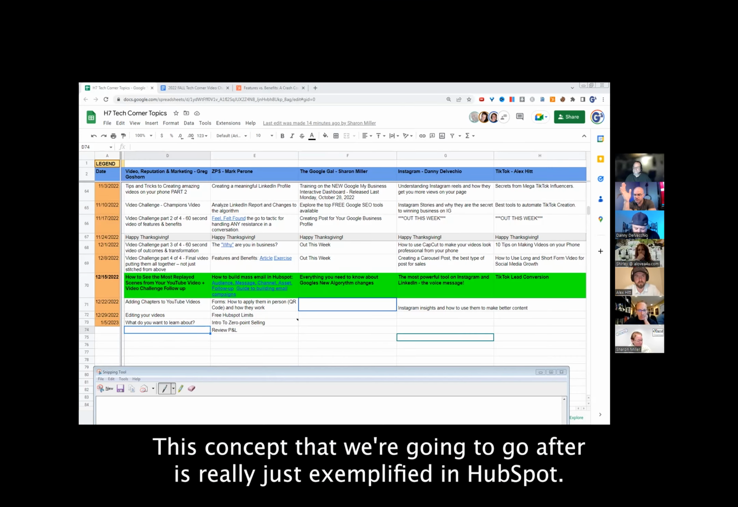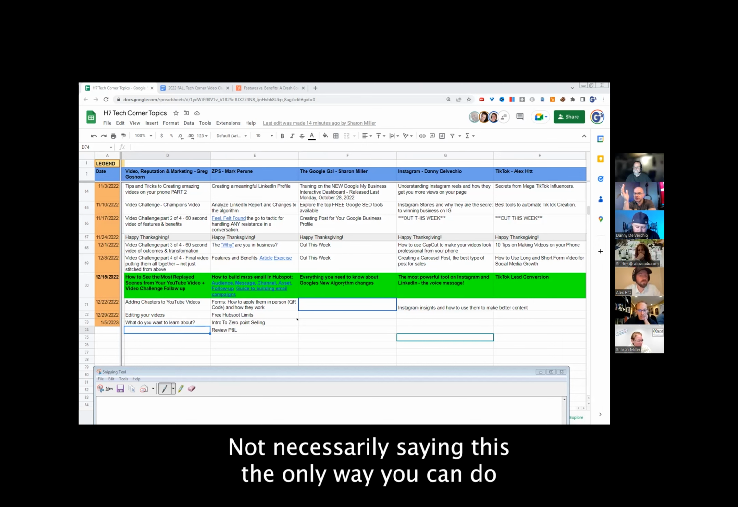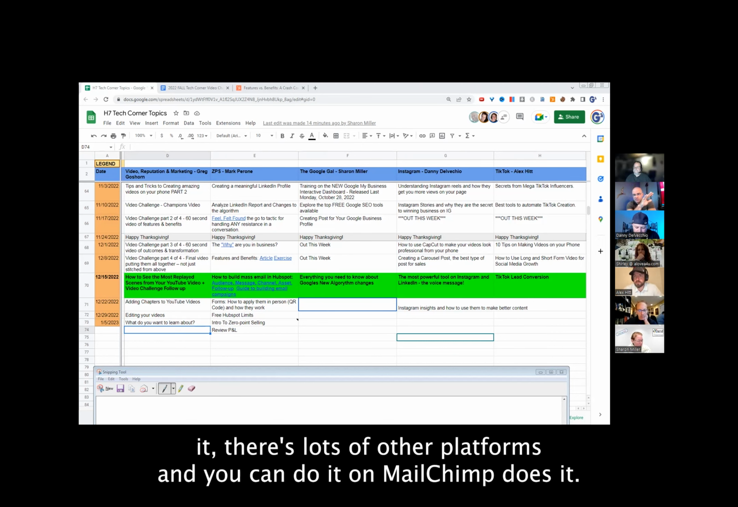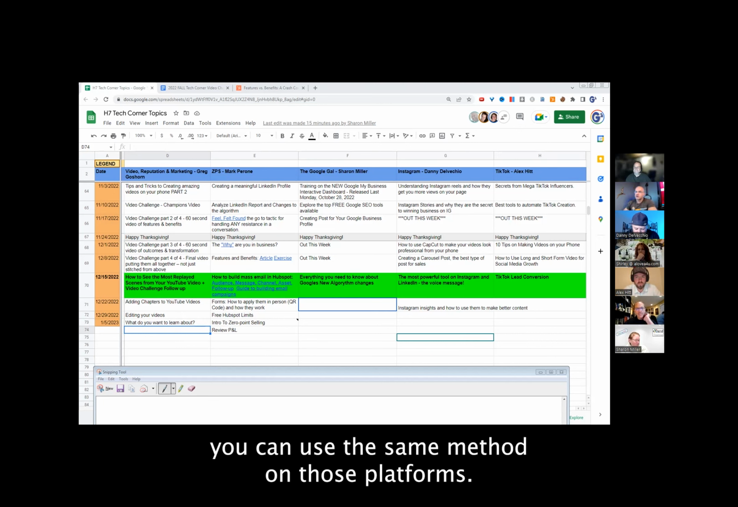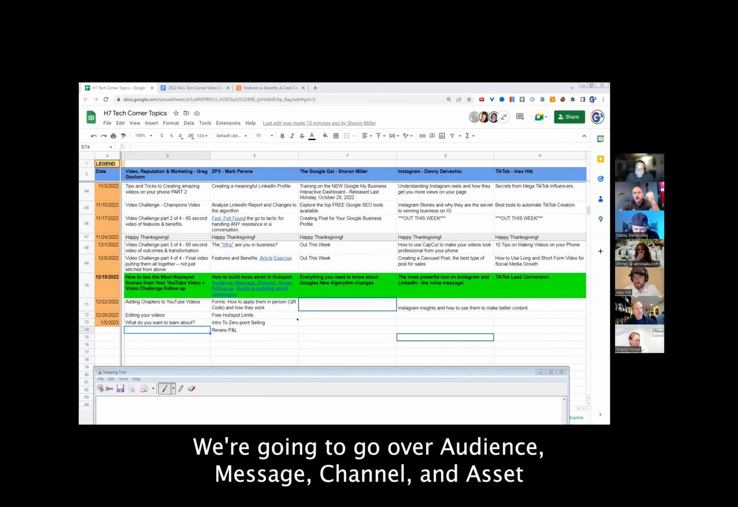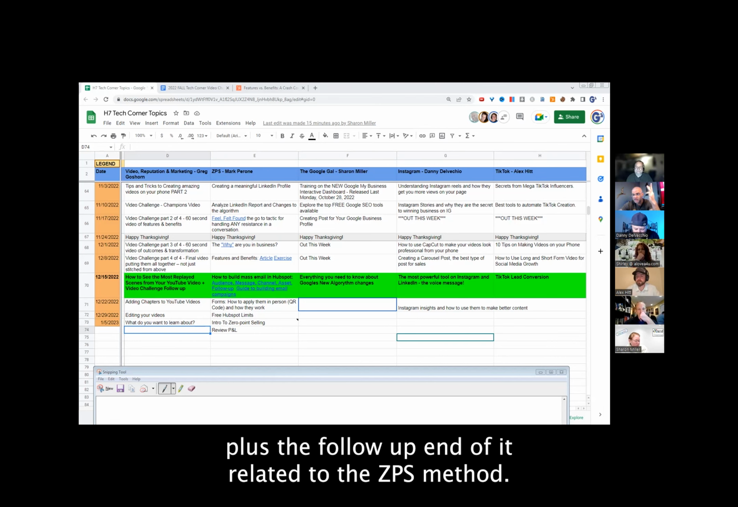This is really just exemplified in HubSpot. I'm not necessarily saying this is the only way you can do it. There's lots of other platforms that you can do it on. MailChimp does it. If you've got any of the email client services like Constant Contact, you can use the same method on those platforms. We're going to go over audience, message, channel, and asset, plus the follow-up end of it